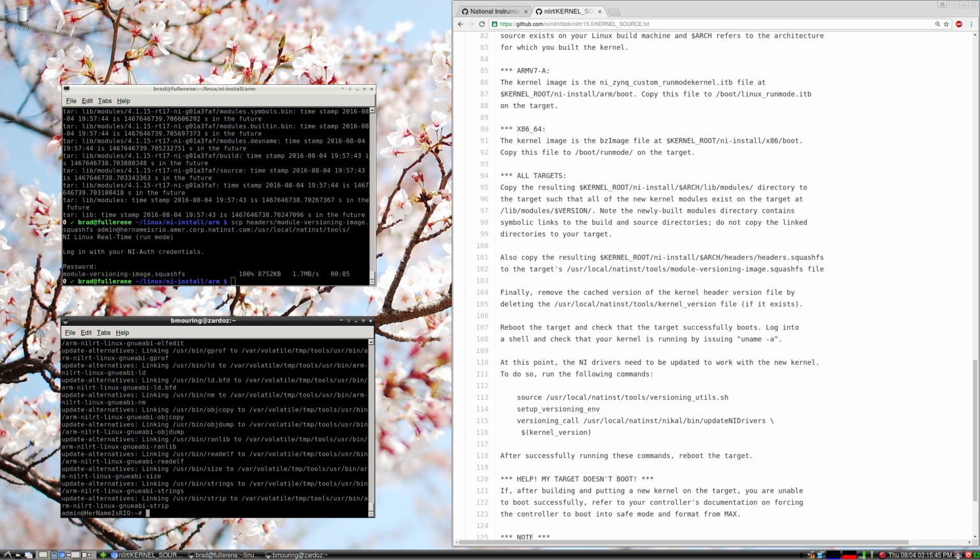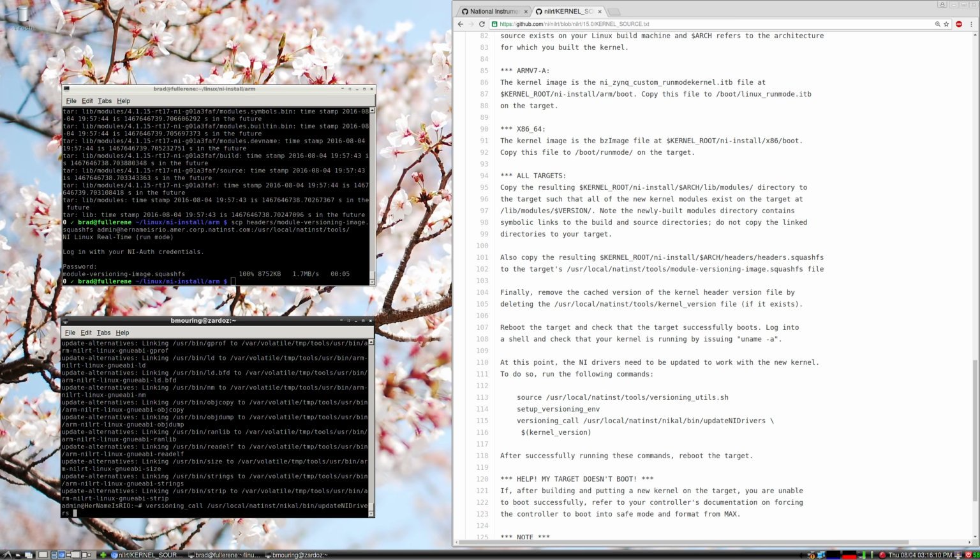So let's go ahead and call the versioning call user local inst nical, which is the kernel abstraction layer. All of the CompactRIO-based NI drivers sit on top of CAL. We'll call the update NI drivers, and we will go ahead and pass it